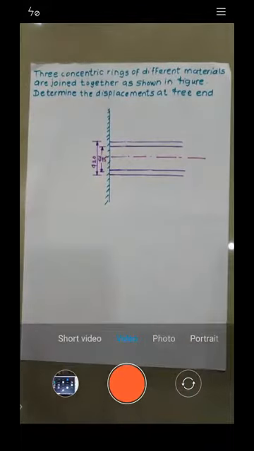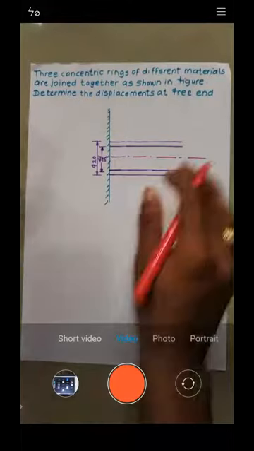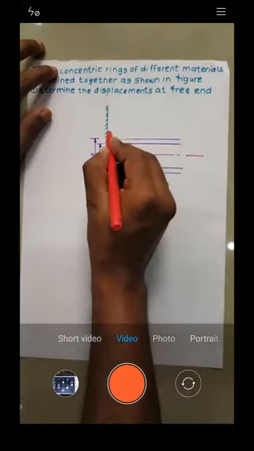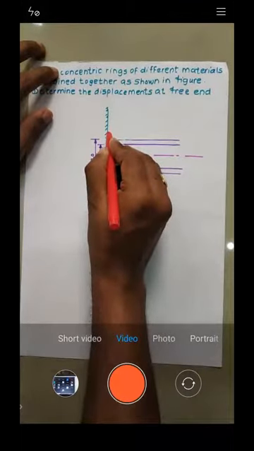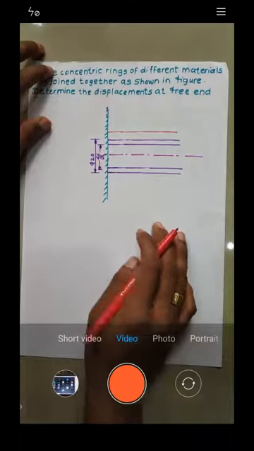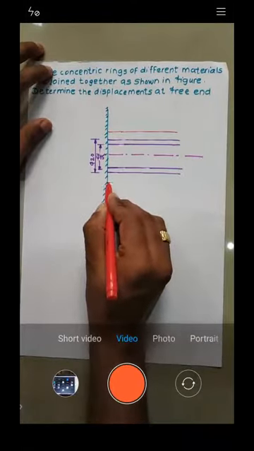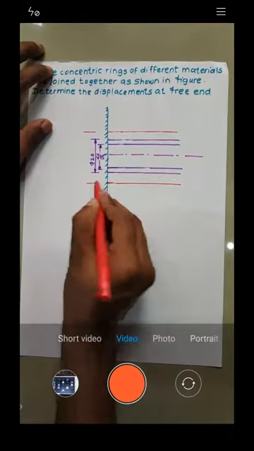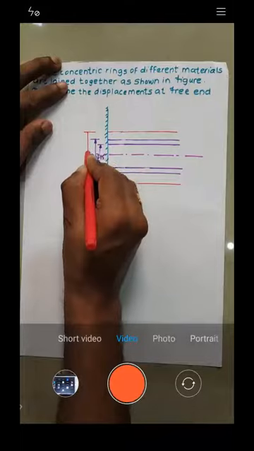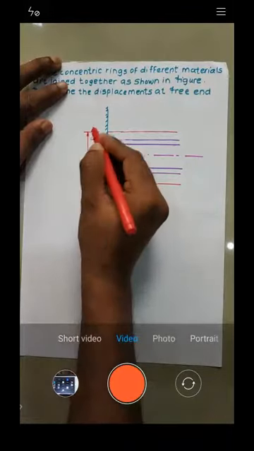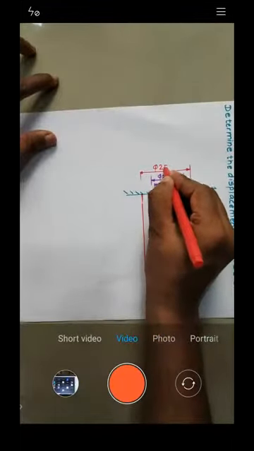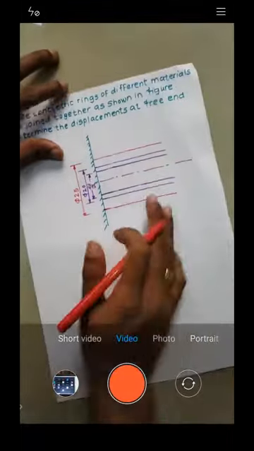We have a total of three rings, so we need one more ring. I will draw one ring here. This is the inner diameter I will draw, and let me write down this inner diameter. This inner diameter is 25, phi is equal to 25. And we will have an outer diameter.